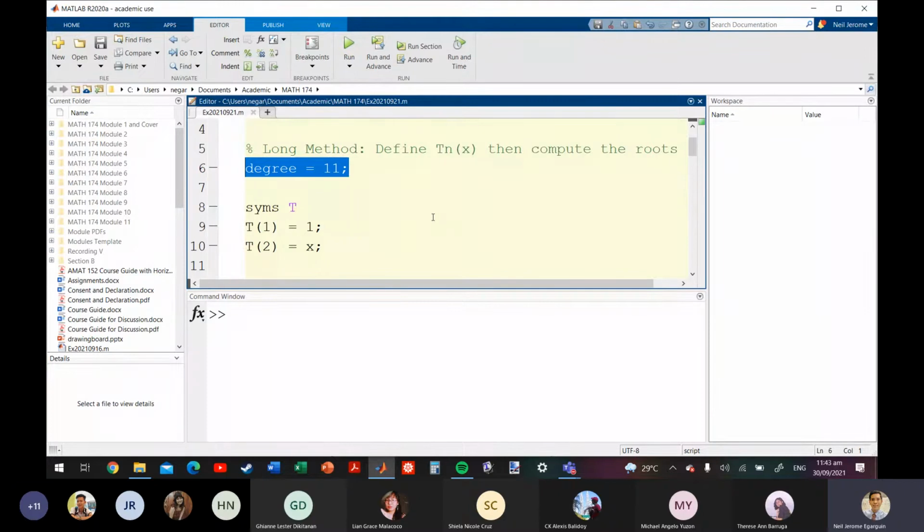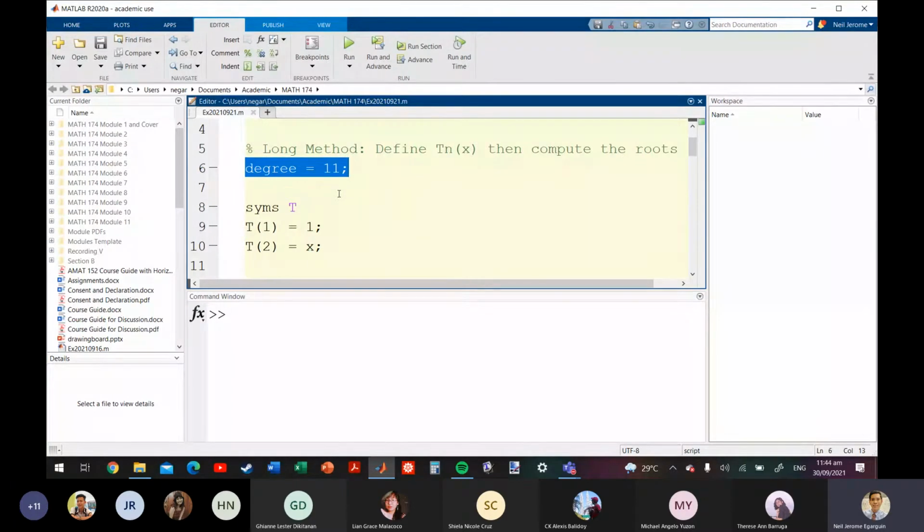I need 11 nodes or 11 abscissas. So para magkaroon ako ng 11 abscissas, kailangan makuha ko yung 11 roots ng isang Chebyshev polynomial. So kailangan kong computein yung degree 11 Chebyshev polynomial. Okay? So that's why I have here 11. This is the desired degree of the Chebyshev polynomial. Para magkaroon ako ng 11 roots, 11 interpolatory nodes, so I'll get a polynomial of degree at most 10. And fingers crossed, sana hindi makancel yung x to the 10th na term para kung anong makuha ko ditong sagot, siya na yung answer dun sa exercise 1 or dun sa example 1.